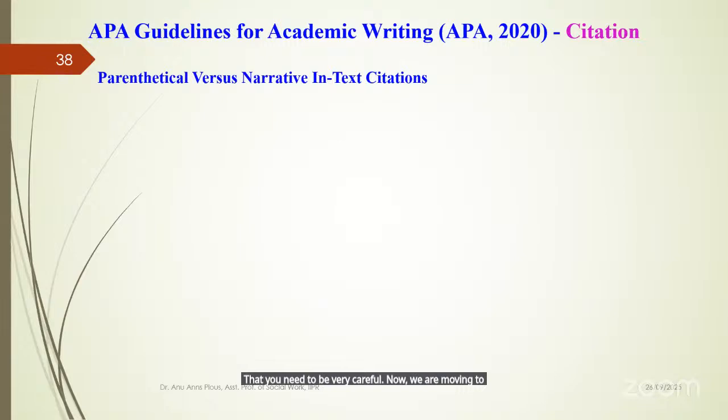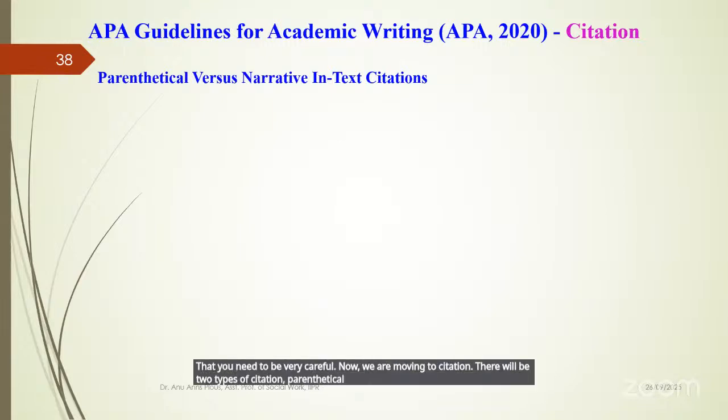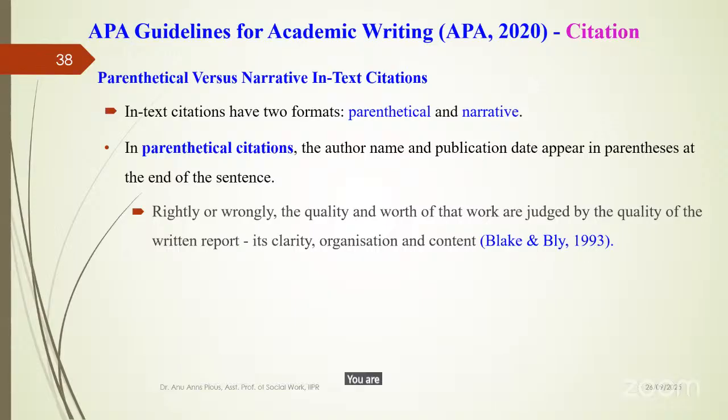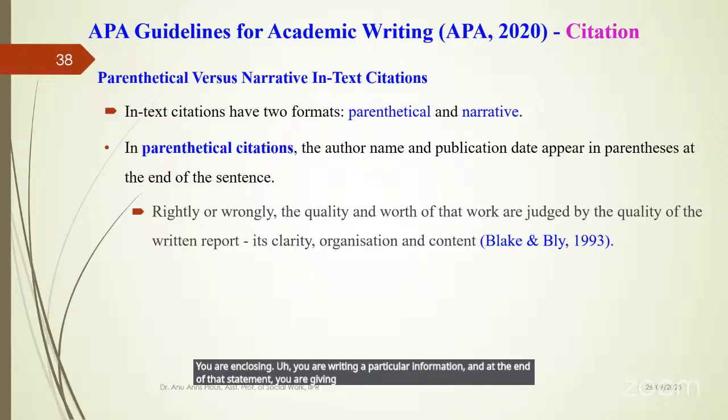There will be two types of citation, parenthetical versus narrative in-text citations. Parenthetical citation means you are writing a particular piece of information, and at the end of that statement, you are giving the citation, which is enclosed in parentheses. So this is the example here, rightly or wrongly, so and so. This is the statement which I have paraphrased from other sources. And at the end of that statement, I have to give the parenthetical citation,